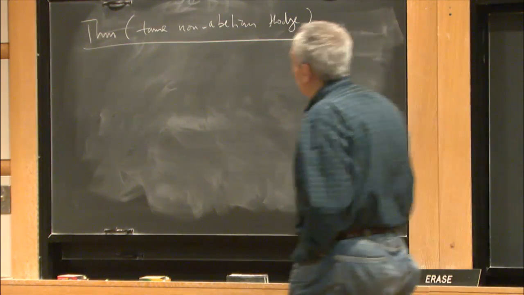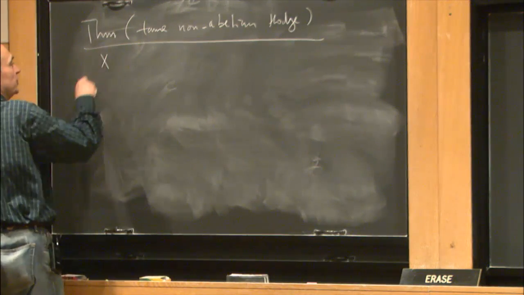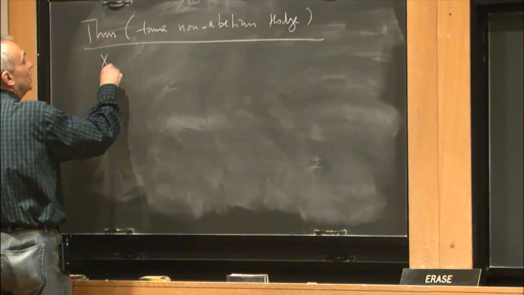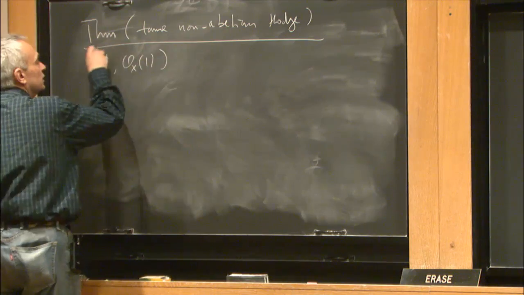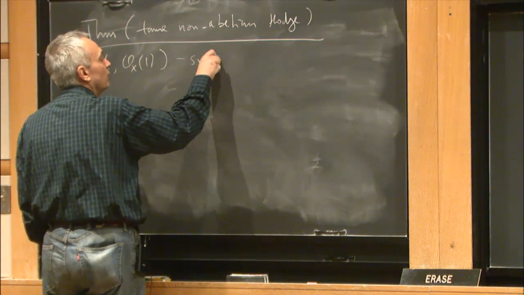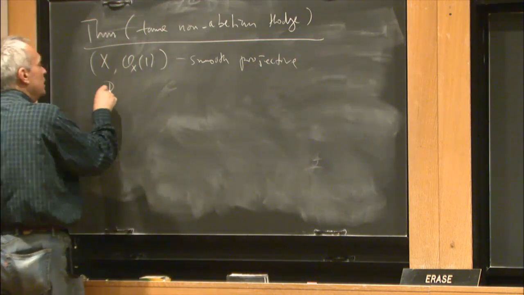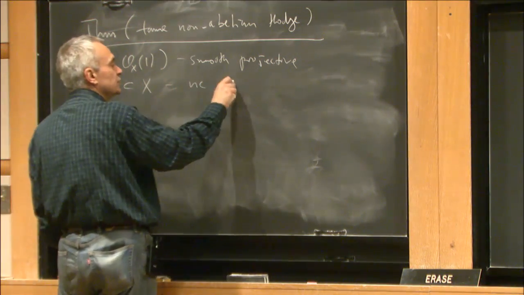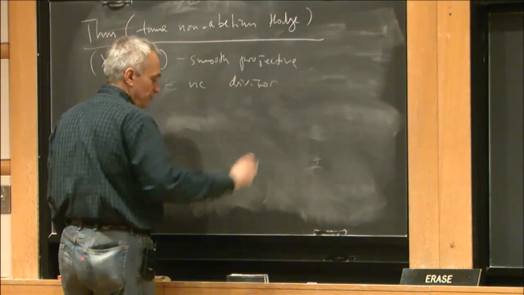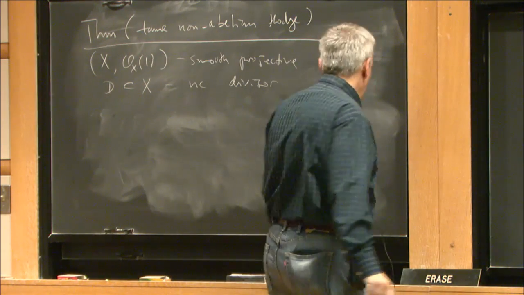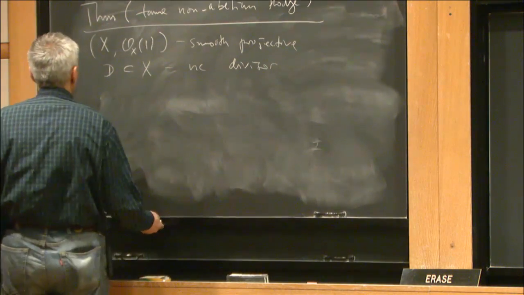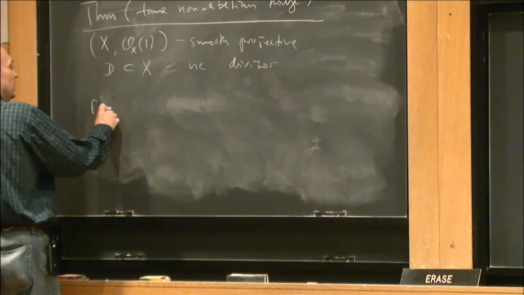What it says is something very similar. So suppose that we have X, which is polarized, smooth projective, and D is a normal crossings divisor, and then it says that rank N